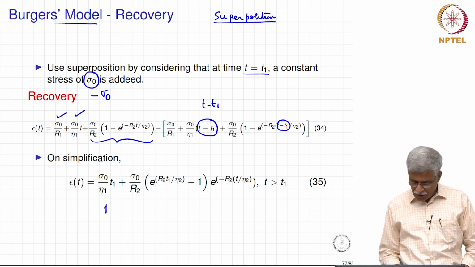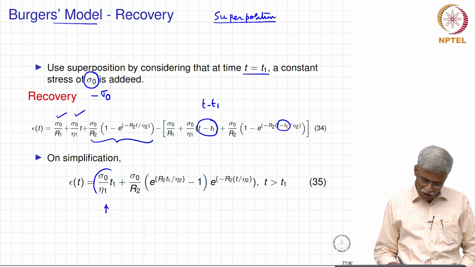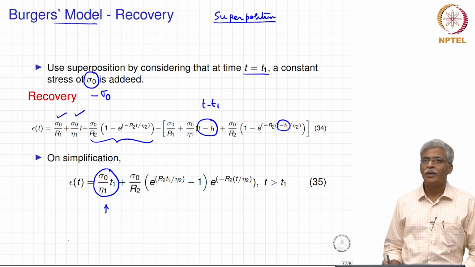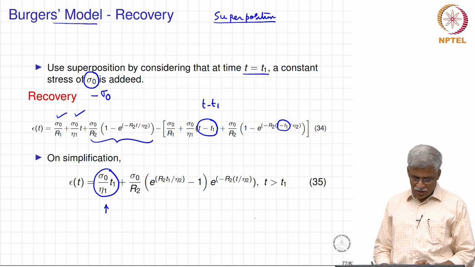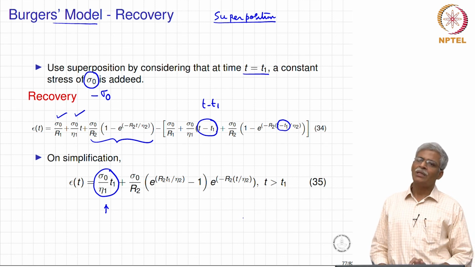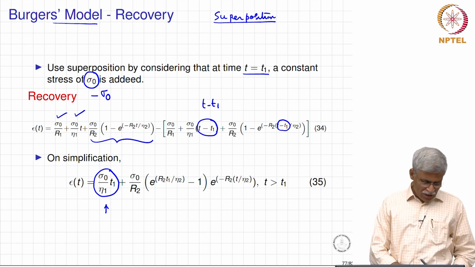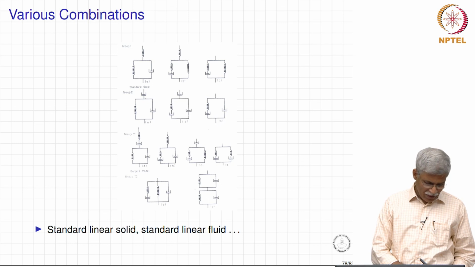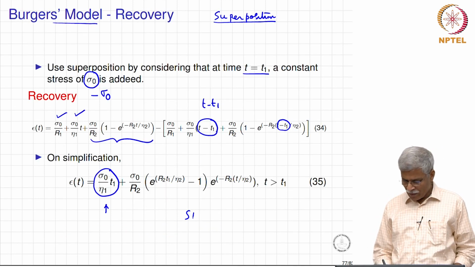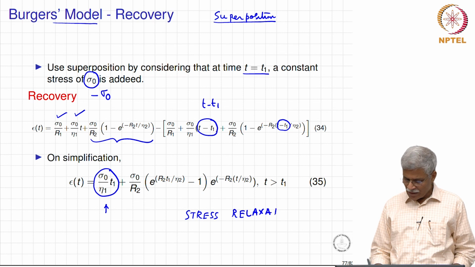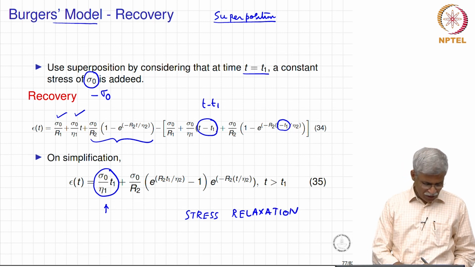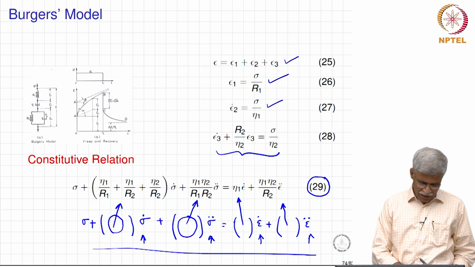The interesting point that you have to notice here is that this first term is actually independent of the running time. So, that means this is going to be the amount of deformation that is what you will really call the permanent set. So, this is the expression that you are going to get for creep and recovery, but what do we do for stress relaxation? One can do the same thing, in the sense that you have to solve the constitutive expression that was shown here.